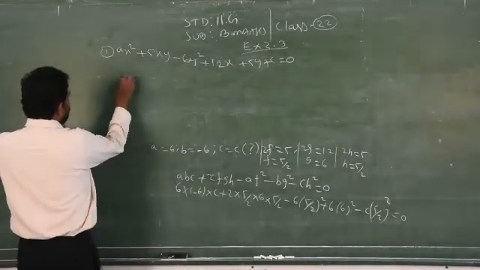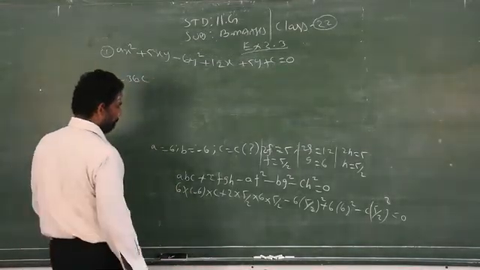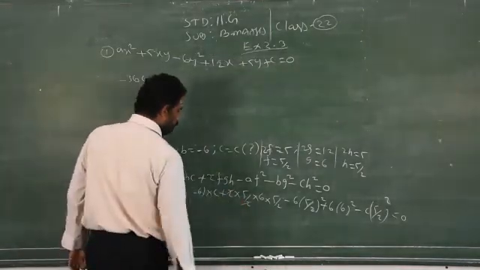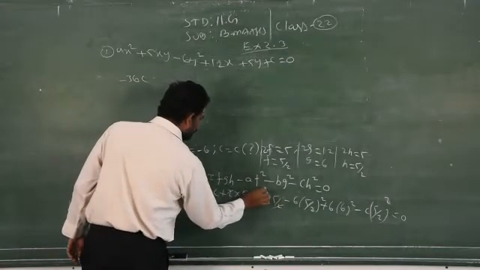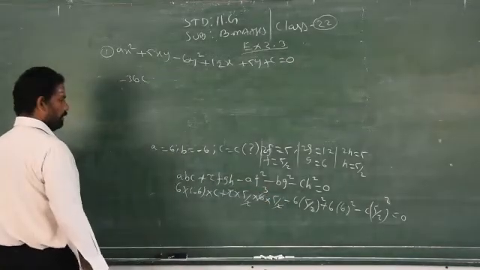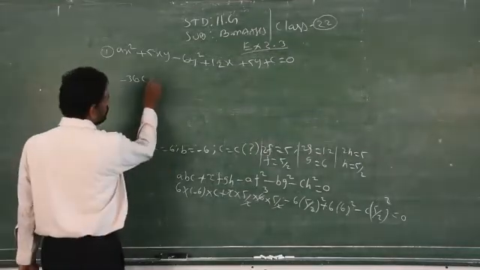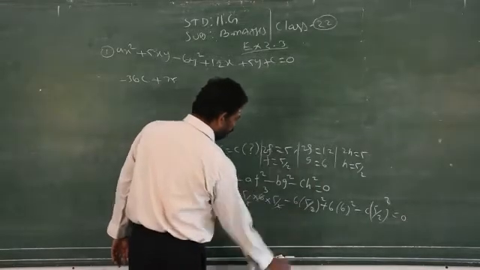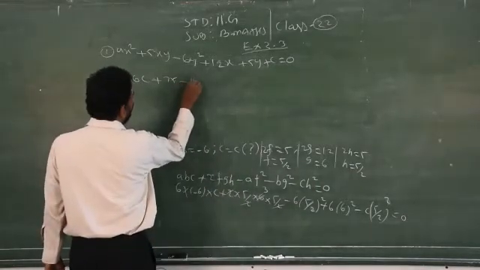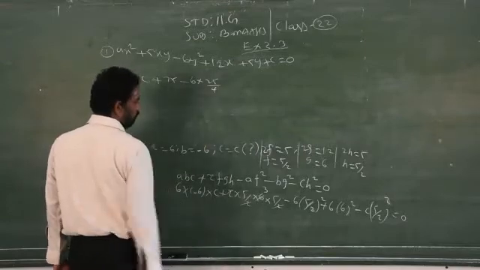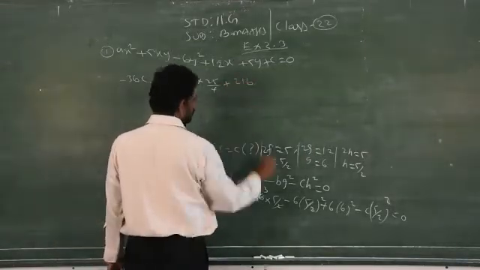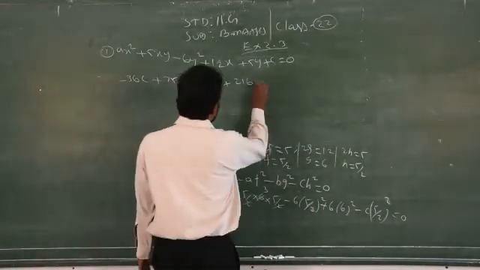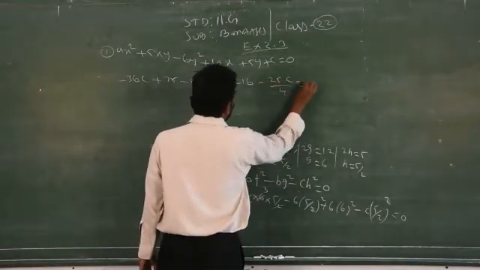Six into minus 6, minus 36c, 2 gets cancelled, 5 5s are 25, this 2 will go how many times in 6? 3 times, 5 5s are 25, 25 into 3 is 75, here it is 25 by 4, minus 6 into 25 by 4, plus 216. 6 square is 36, 36 into 6, 216, minus 25c by 4 is equal to 0.